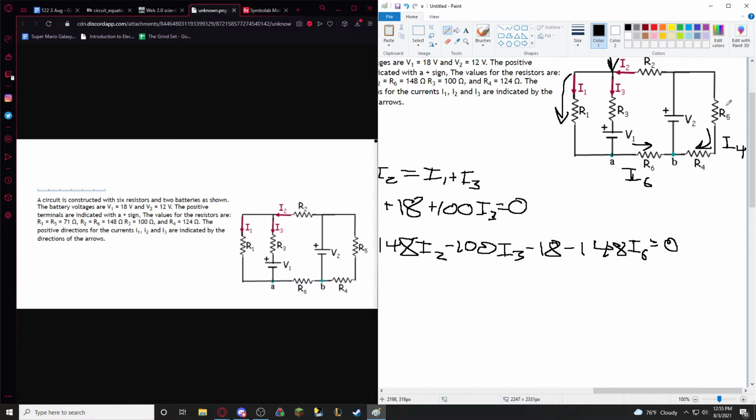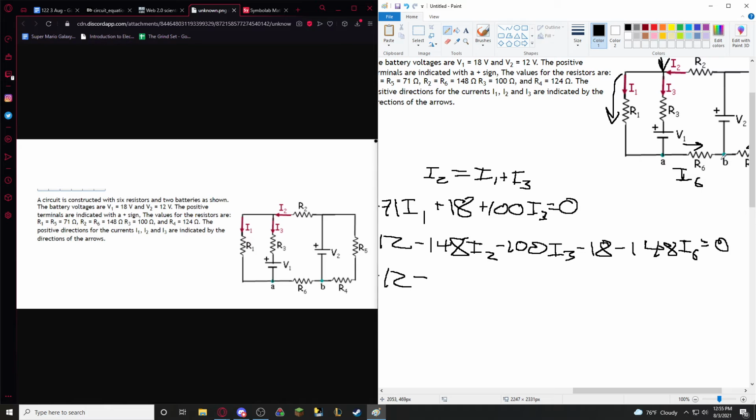I'm going to combine R4 and R5 here. How do you combine resistors in series with one another? In series, you just add them together. Exactly. So 124 plus 71, 195 minus